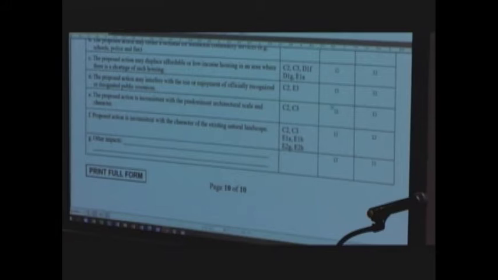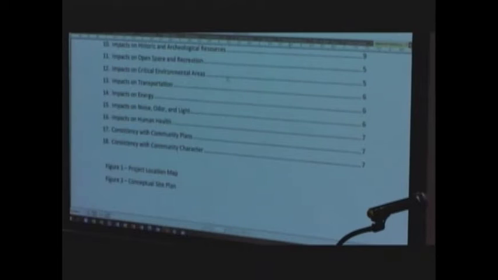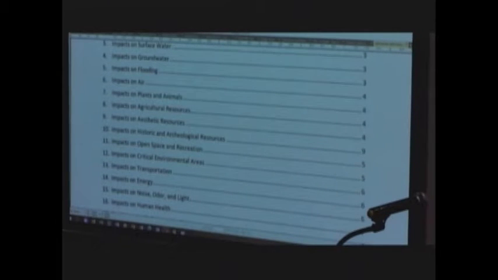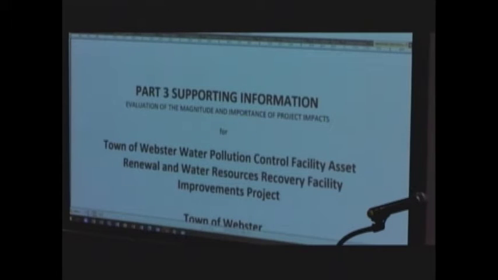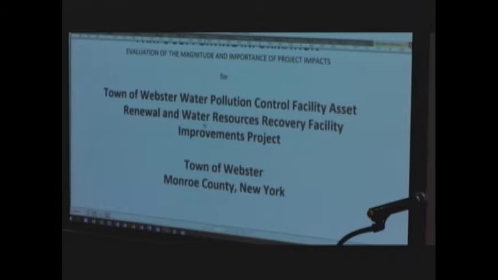And I know I've got a quick timeline. So the next part, and I can review this on a bigger picture scale, I identified this before. This is part three. Part three is ultimately the form that's signed, where the box is checked on identifying what the significance of the project is going to be. That part three would be signed and enacted at next week's board meeting. In support of that, the part three supporting information provides the identification of the magnitude, the importance of the impacts, and then really what the mitigation is going to be. So everything I talked about in part two as far as the potential impact is covered in part three.